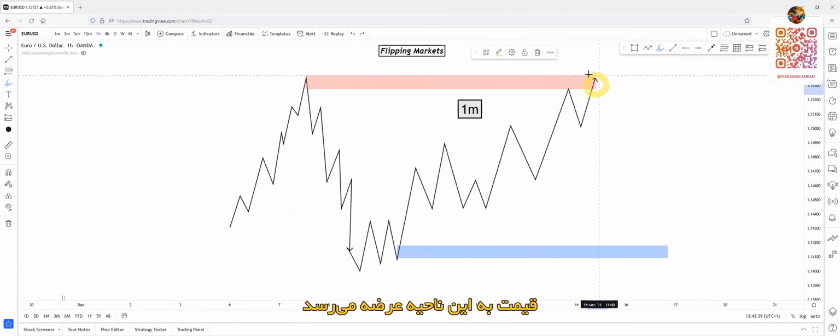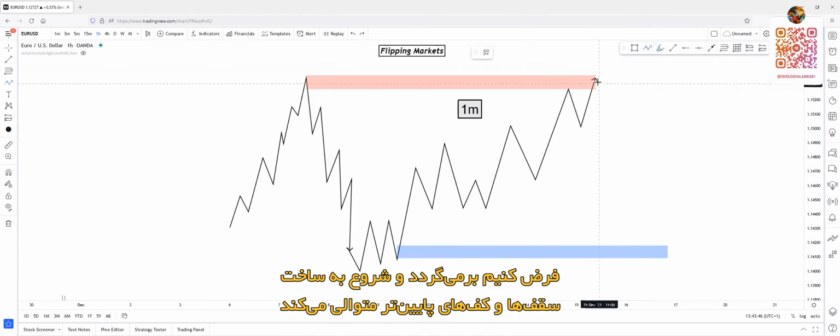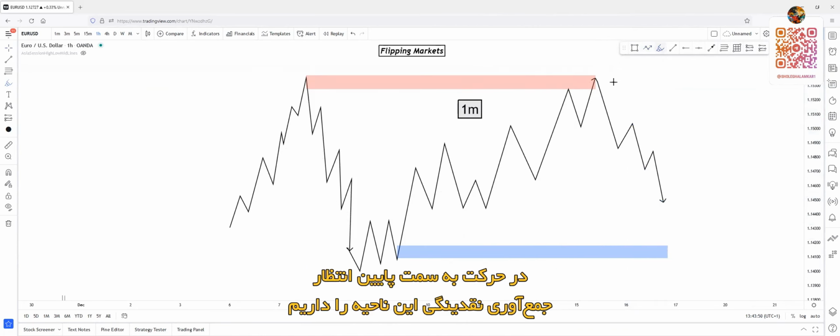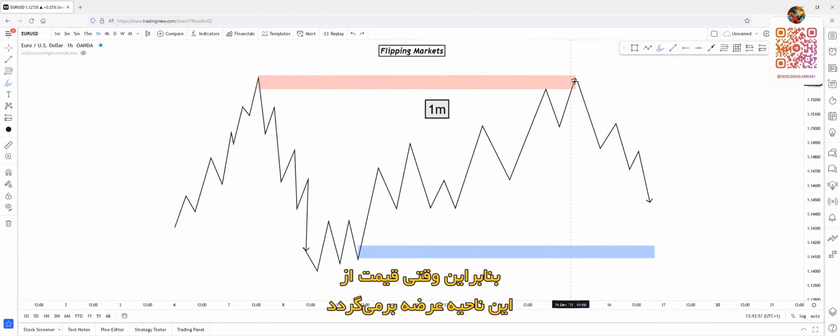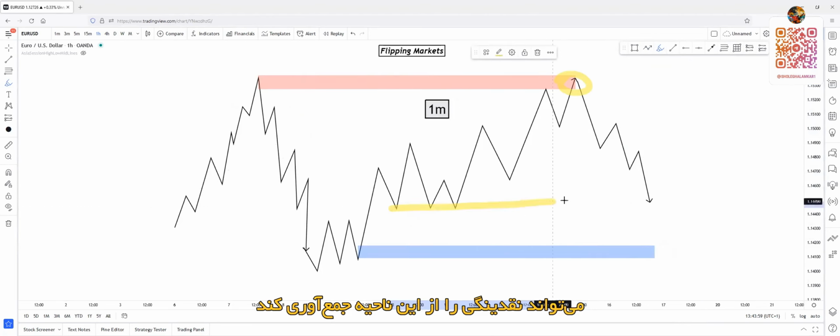Price tapped into this supply zone, and after the tap of this supply zone, it reversed. Let's say it reversed, started to form lows and highs. We can expect the sweep of this liquidity on the downside movement, so the reversal. So after price reverses on the supply zone, it can sweep the liquidity from this region and tap into this